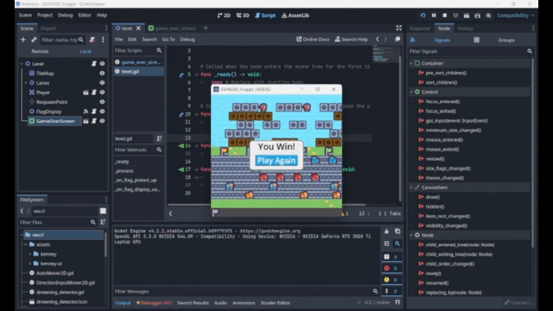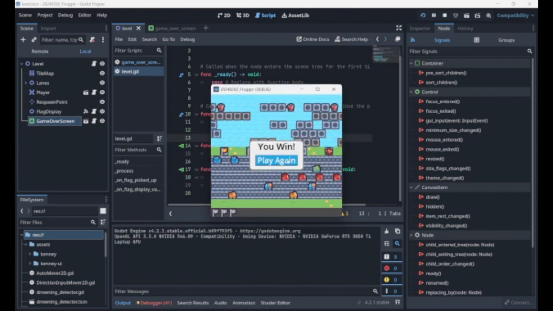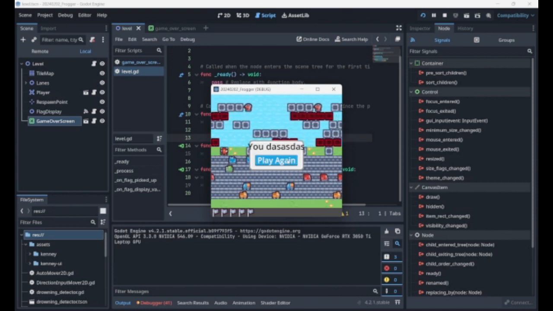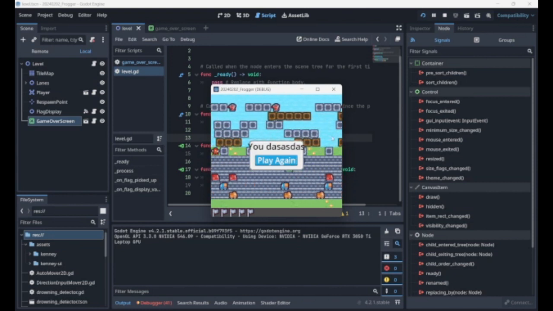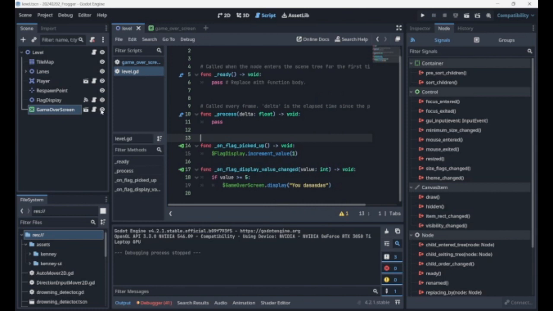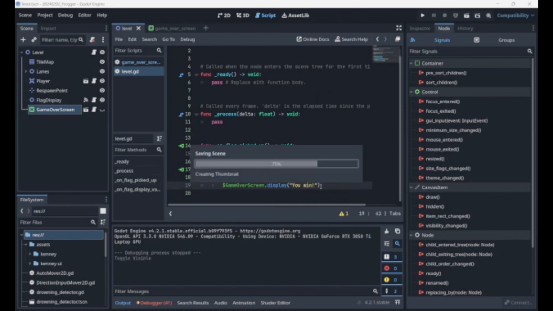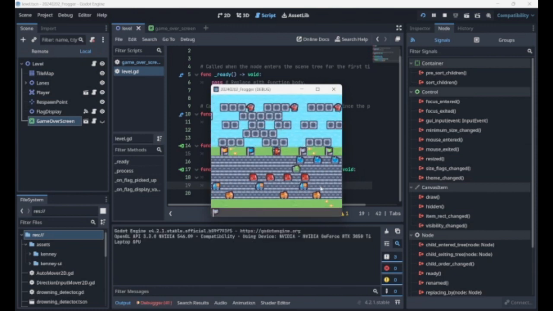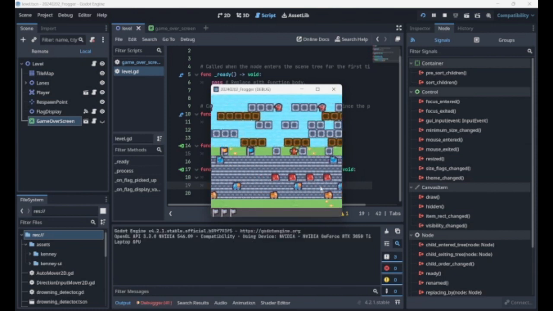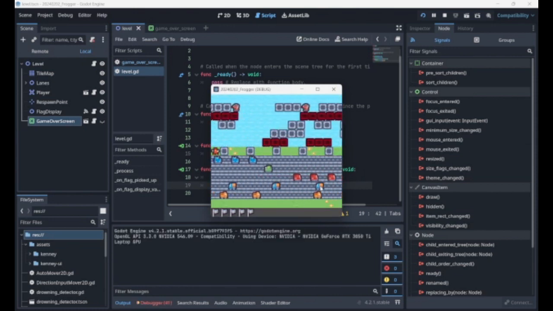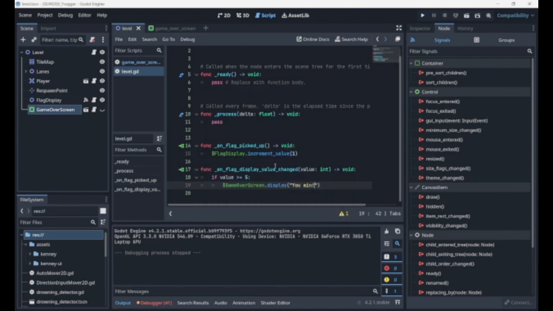I go in and I select all of these, it now changes to "you disagree". But let's start by setting that to disabled, changing this to "you win", and then trying again. So now we don't have it displayed, and when we get to the end, we also don't. What we also need to do here in our display